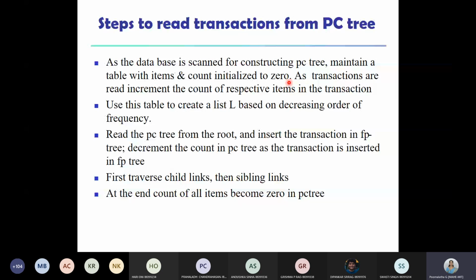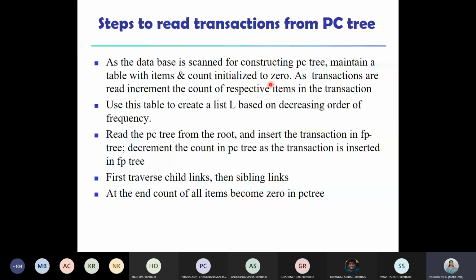Suppose the first transaction is A, B, C. Then we increment the count of A, B and C from 0 to 1. If the second transaction is A, B, E, then what happens? Count of A becomes 2, count of B becomes 2, count of E is 1, like that. So each transaction as we read, we simultaneously increment the respective counters of those items.